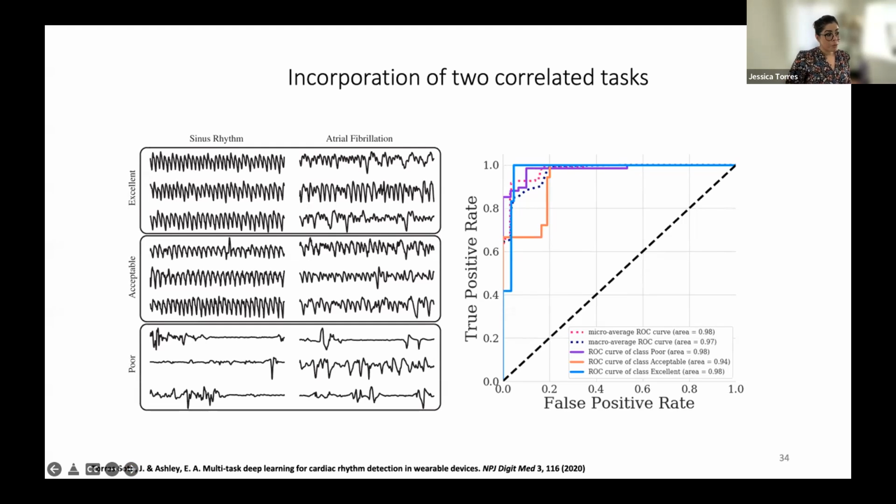I do want to note that the acceptable class here, in orange or yellow, is the one performing probably the worst out of the three. And it makes intuitive sense. This is the range that some reviewers aren't quite sure about. They know that it's not excellent, and they know that it's not poor, so it's in that middle ground. So it makes sense that our model is also fumbling on those windows. The results we were getting mimic the human choices that the training data consisted of.